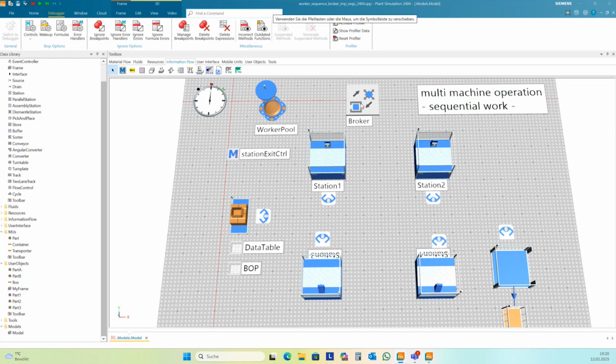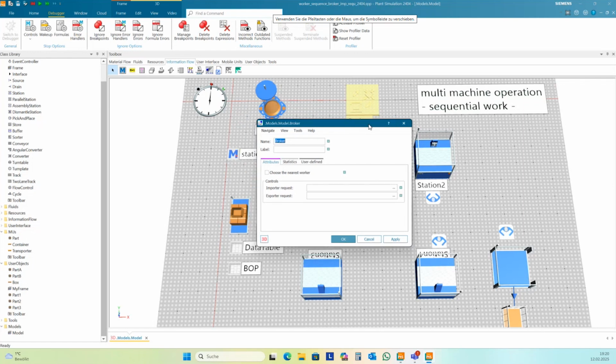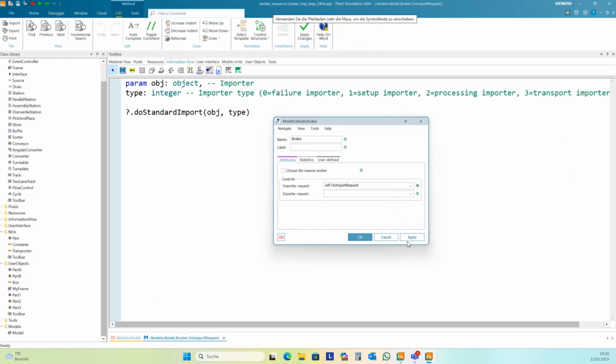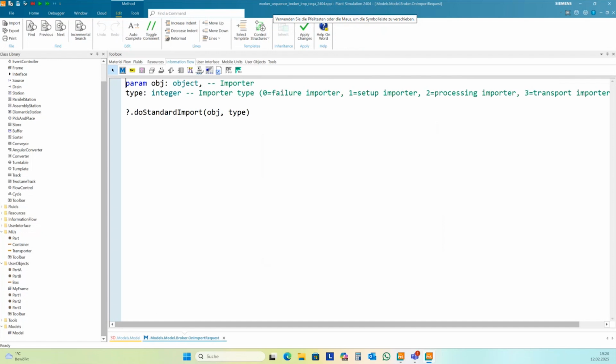And so we create a broker import request control just by pressing F4 here, or you can use this one and create control. And it's quite lean in this version 24.04. But if you need a more complex blueprint, you'll find something here, and if you need another template, you find another template here for the broker import request control. It's enough for us here.